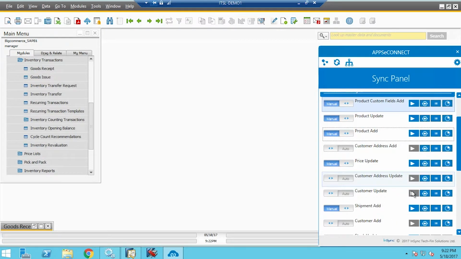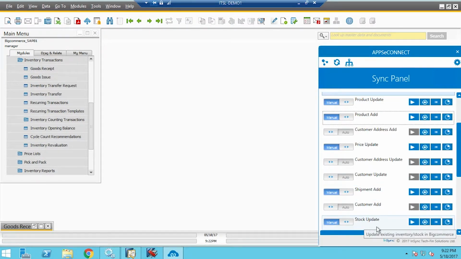For that, I'll have a separate process called the stock update process. I'll manually sync the stock update process and the quantity or stock for this particular product, Samsung Galaxy J7, will get listed. One thing I also need to mention regarding the inventory update or stock update process: in case you update your quantity for an item, let's say from 20 to 30 or from 30 to 40, every time you change or update your stock, if you make your trigger under the auto mode, then